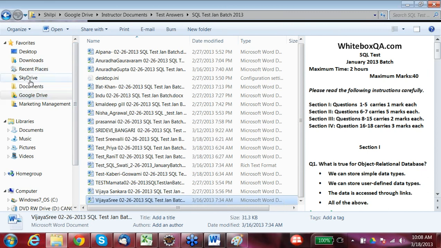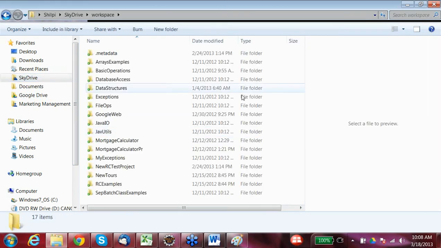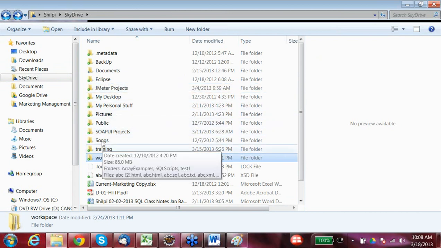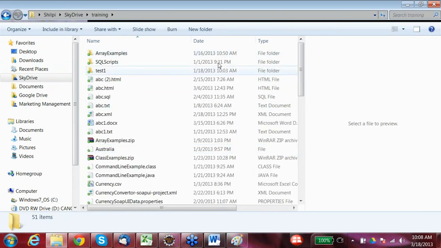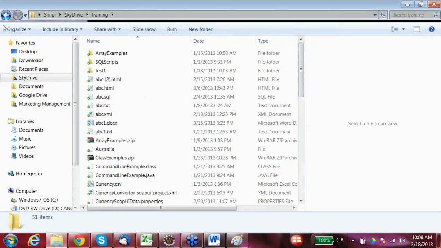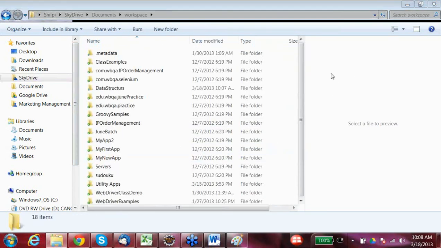On my machine, all my projects are stored in, there are actually 2-3 workspaces here, so I'm just trying to find out which workspace I'm currently working in.